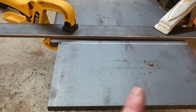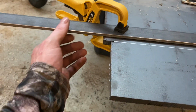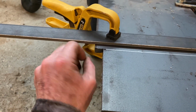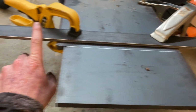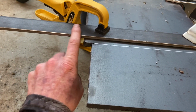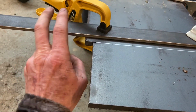It's going to take a while. I've got quite a bit of fill in to do, and then I've got to put wear strip on. This is what I'm probably going to use for my wear material. This is a hardened steel, and this should last a really long time. And I think I've got a big enough piece of this to maybe do two, one at the back, one at the front, just to keep the direct pressure of that dirt and to make a relatively smooth bottom if